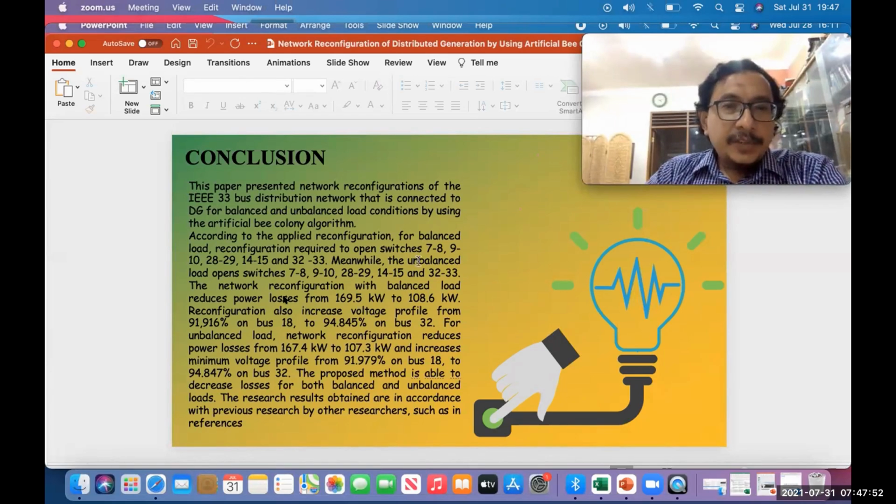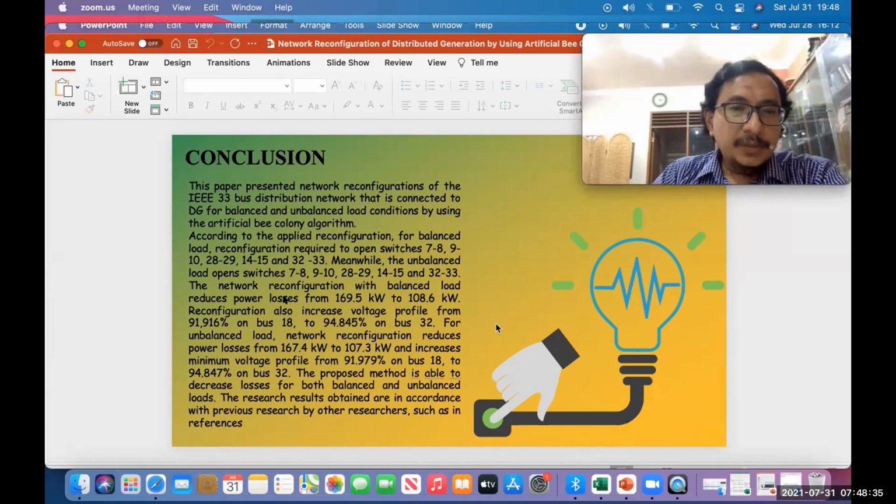The network reconfiguration with balanced load reduced power loss from 169.5 kilowatts to 108.6 kilowatts. The reconfiguration also increased the voltage profile from 91.916% on bus 18 to 94.845% on bus 32. For unbalanced load, network reconfiguration reduced power loss from